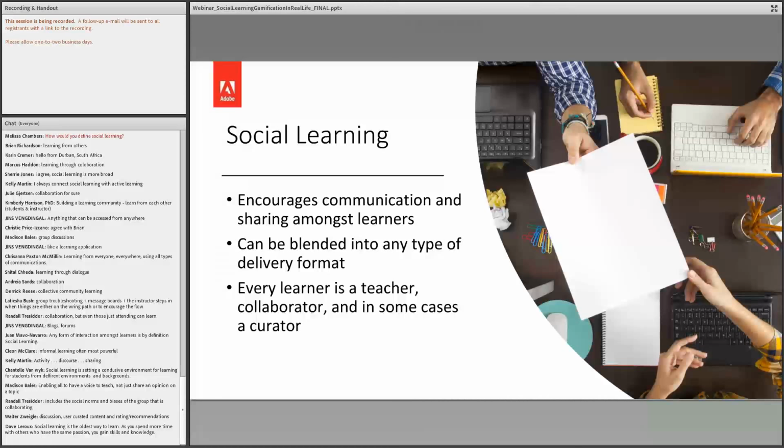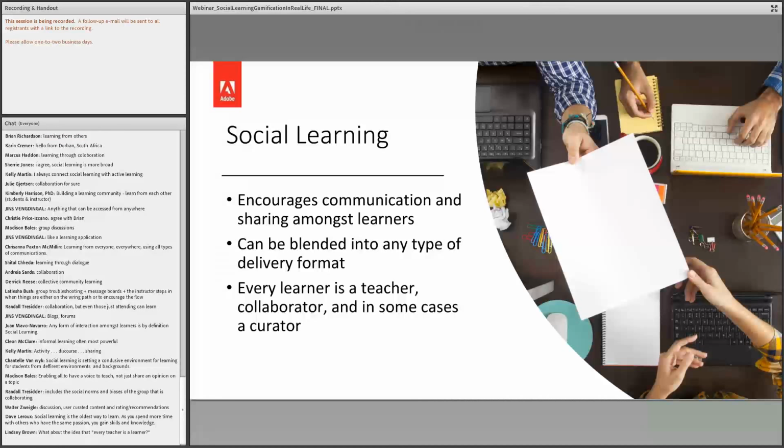So some other thoughts in the chat. Let's look here. Yeah, Madison is saying enable all to have a voice to teach, not just share an opinion on a topic, and that's beautifully said. Dave, social learning is the oldest way to learn. As you spend more time with others who have the same passion, you gain skills and knowledge.